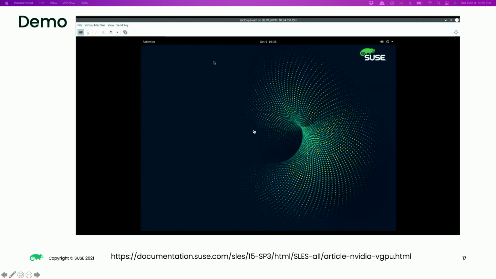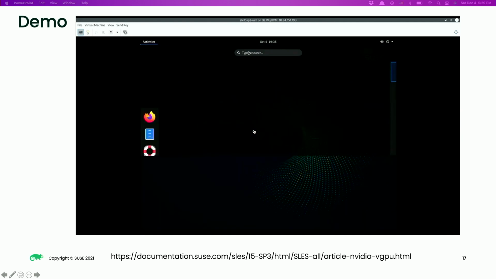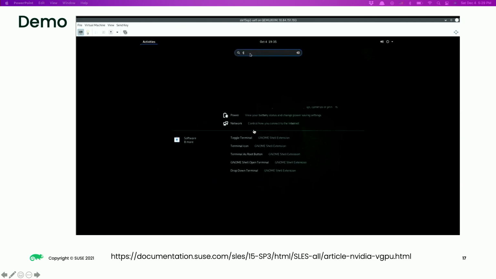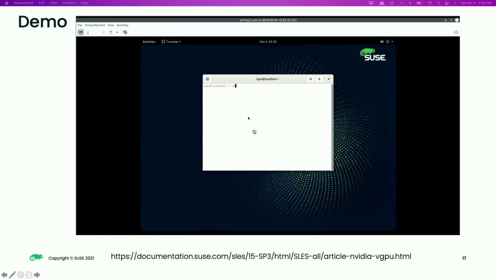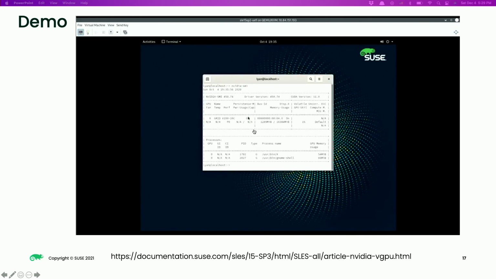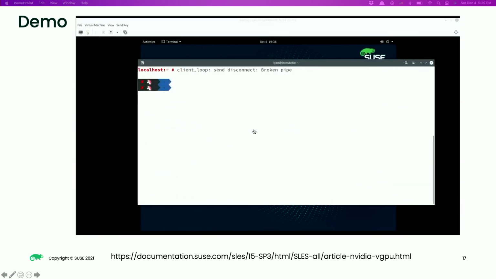Now we do that. Here you see a desktop based on a vGPU driver. I also went a little bit further, running an AI workload there. I'm not an expert on that side, and I'm sure you could do better. There's also a lot of instruction available. Instead, I chose to use NGC, the NVIDIA GPU Cloud container. I just download it and then run it inside the guest VM.